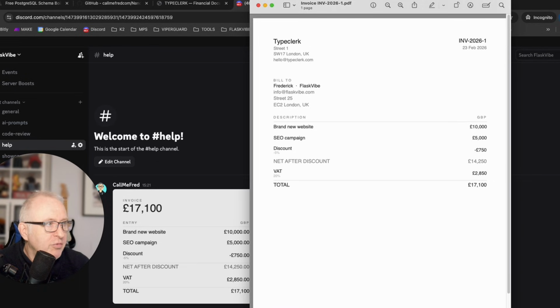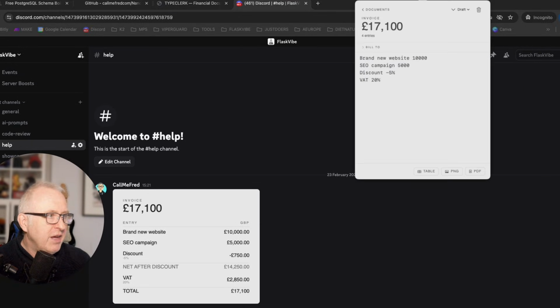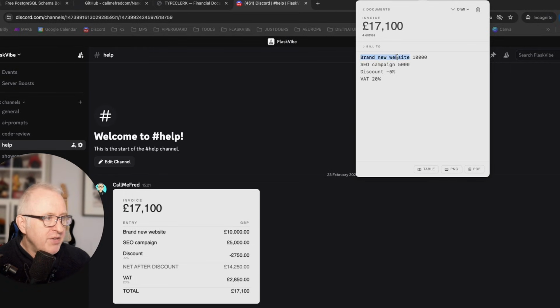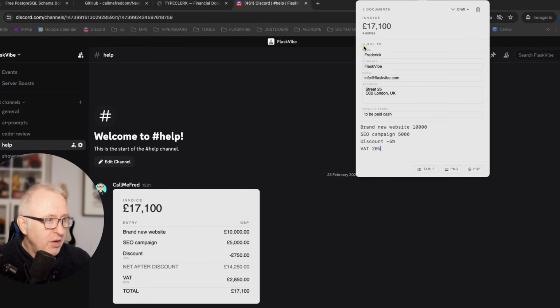All of that created just by taking notes inside this little app that you open from the top nav on your Mac. Very easy. So the concept is that you just type the item name followed by a value, followed then, if you want, by another row with the discount that is applied on all the lines above, and then the VAT will be applied also on the lines above on the net amount after the discount. It is as easy as that to create an invoice